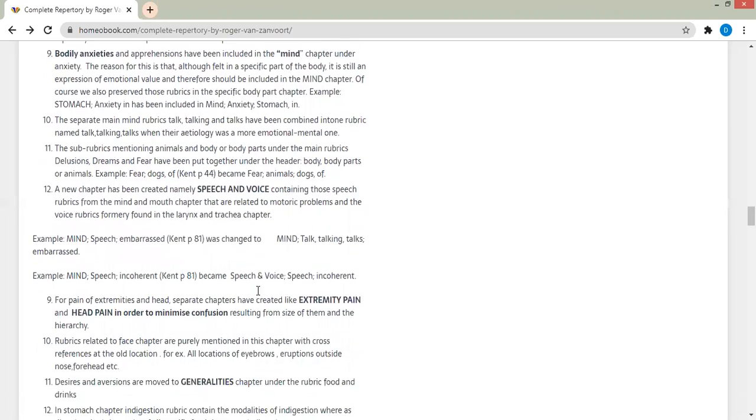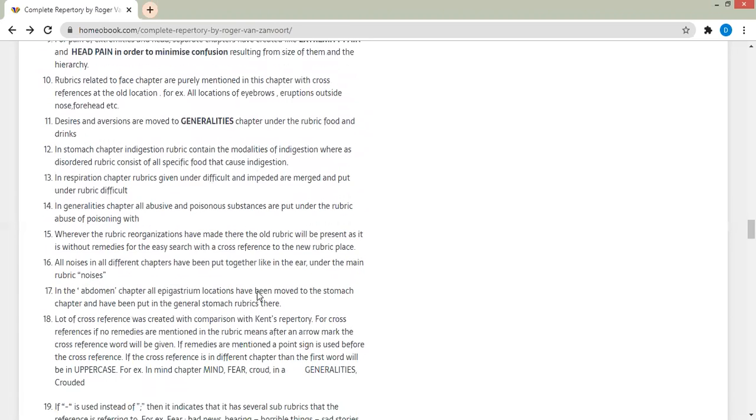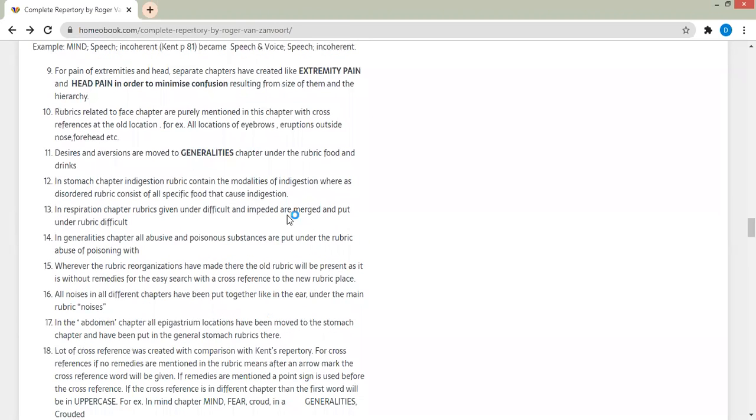Then for pain of extremities and head, separate chapters have been created, like extremity pain and head pain, in order to minimize the confusion. Because